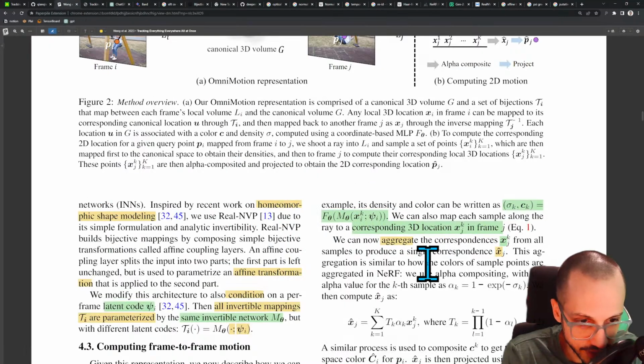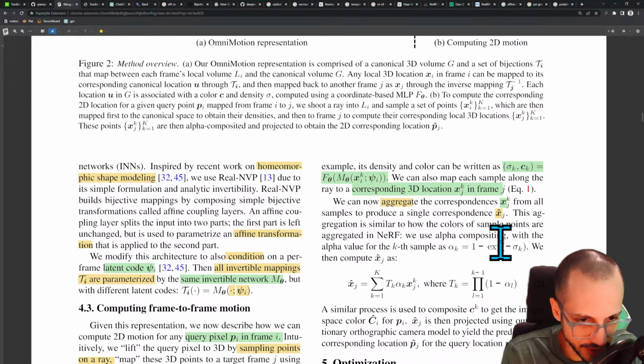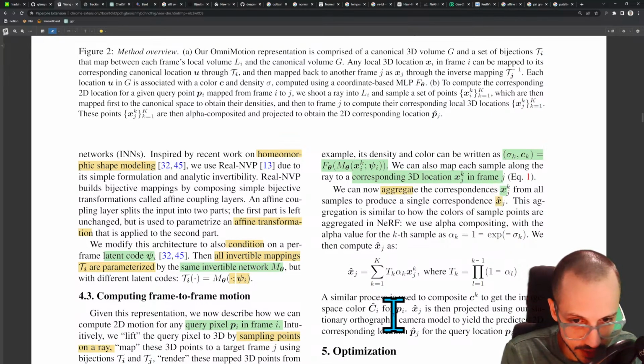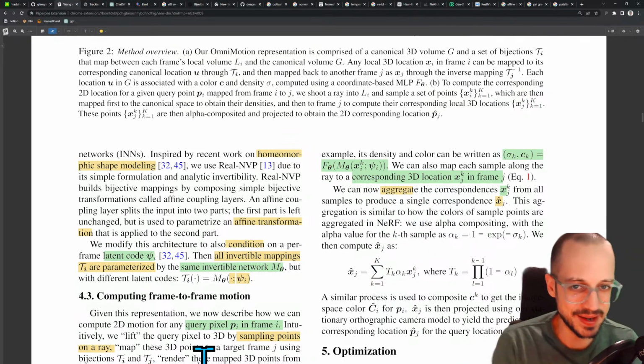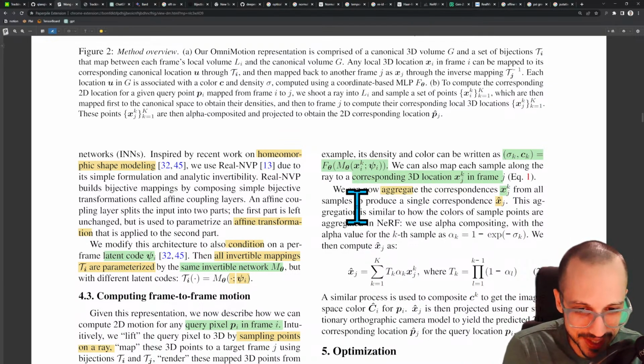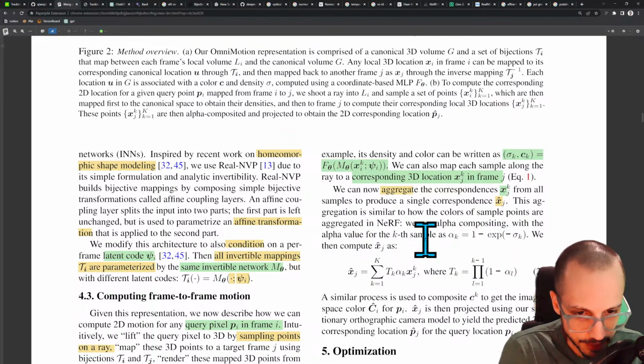And here they're doing a similar thing, right? They're aggregating all these samples along the ray, x j k, into one single point, x hat. This aggregation is similar to how, I should just finish reading this paragraph, but I like how I literally came to the same conclusion that they did. Similar to how the colors of a sample point are aggregated in a NeRF, we use alpha compositing with the alpha value for the kth sample as alpha k equals 1 minus exponent of negative sigma k. So alpha compositing is